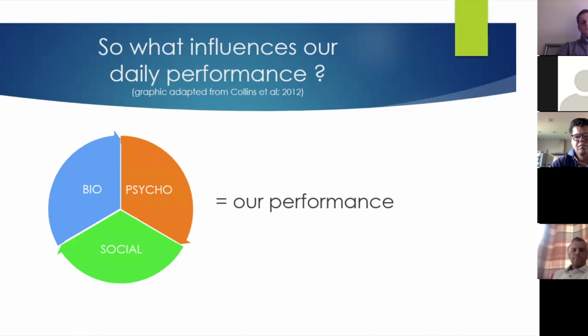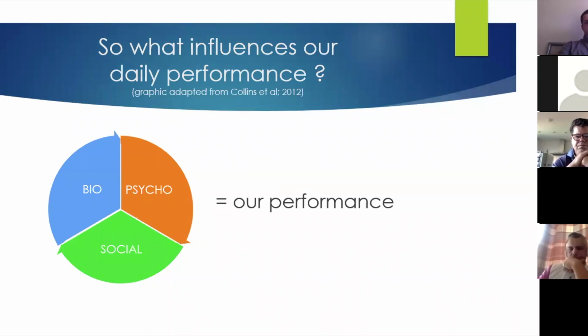And these three factors are biology, which is our physical fitness, our psychology, how we see ourselves, and our social world, what's around us. Obviously today we're in a webinar because of the situation. You can still have social contact that way. So if I have a why, these three factors will be involved in me reaching my why. These three factors will be involved in my plan, my master plan, or your master plan.